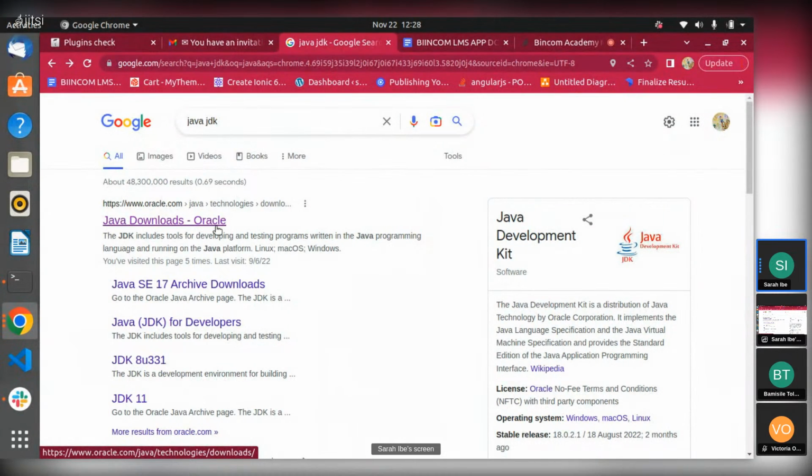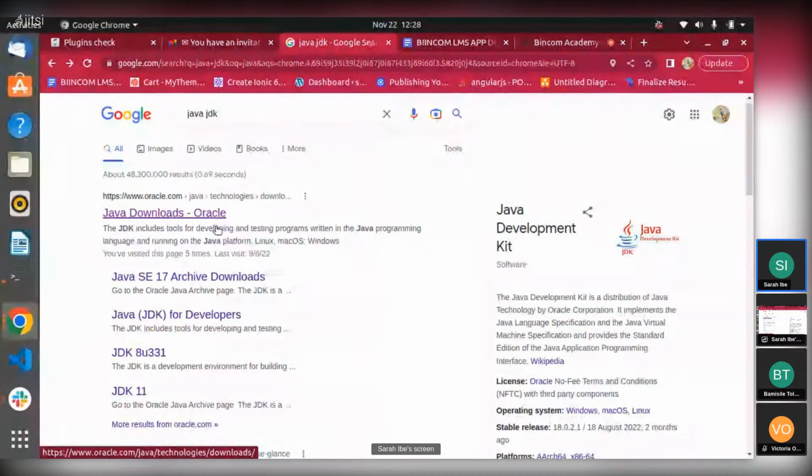JDK. That's the one Cordova works with because one time I tried downloading JDK, I mistakenly downloaded OpenJDK, and then there were errors. I couldn't build applications properly, until I had to download the Oracle JDK. I'm just letting us know so that when we start, we would not make the mistake of downloading another kind of JDK.